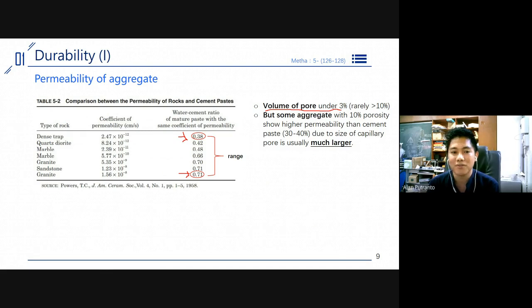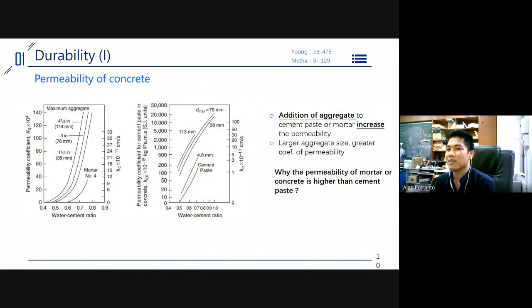Anyway, guys, if you have any question, just please turn on your microphone and say, "Aaron, please stop," and then I will stop and we'll hear your question. Okay. Next, we're talking about the permeability of concrete. Before, we already talked about